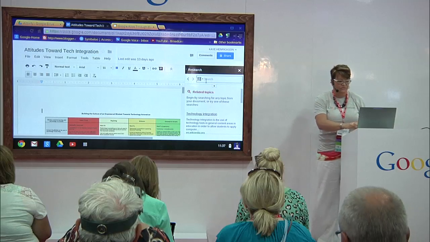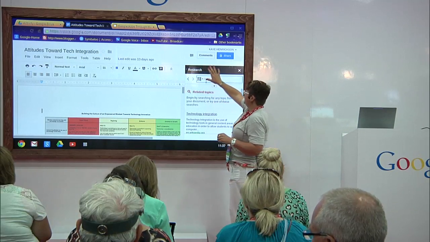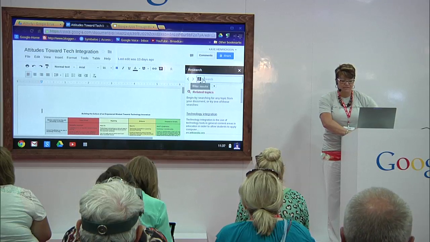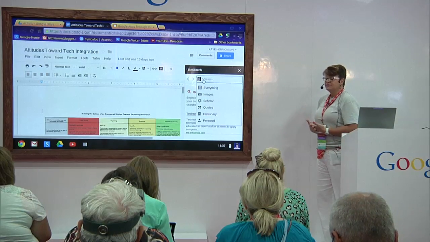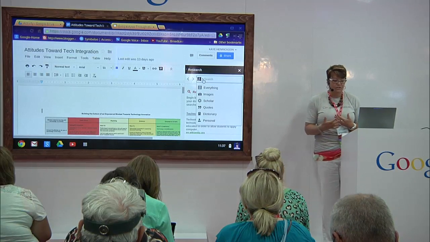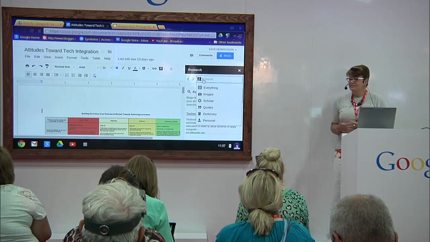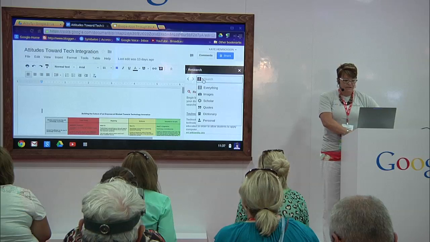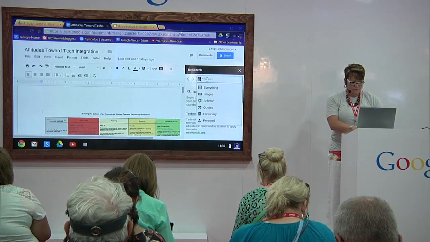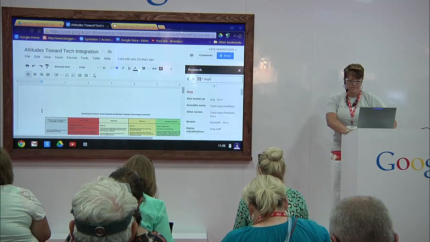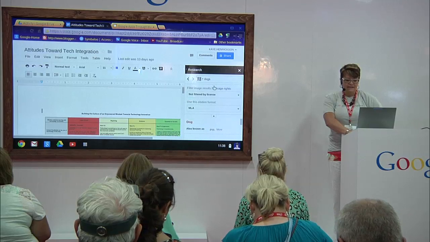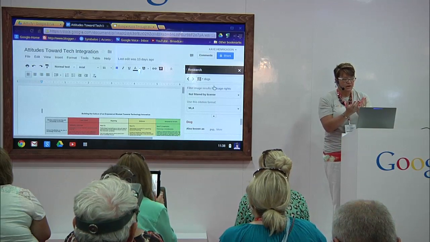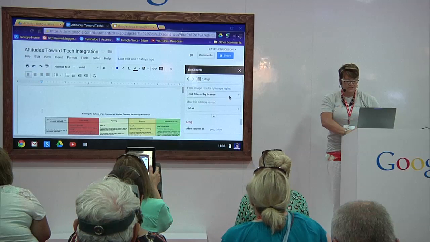They can just go to Tools and then the research tool, and they can look for everything, or they could look for quotes, they can look for scholarly articles, or maybe they need to look a word up in the dictionary. And what I love about this, and here I'm just going to put dogs in there, is I can limit and refine that search. If I'm looking for images of dogs, well, we can have a conversation and a mini lesson